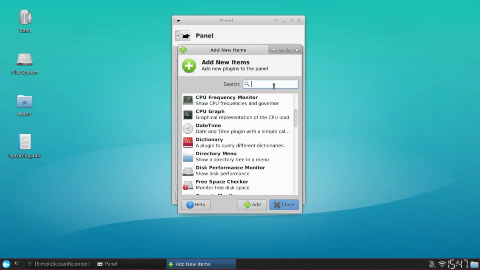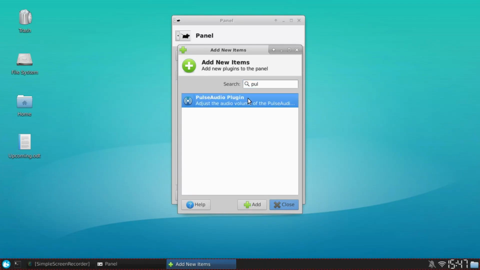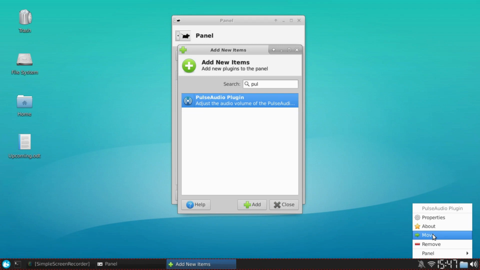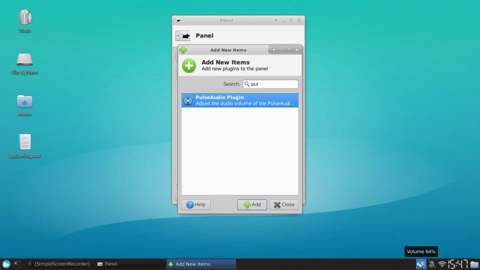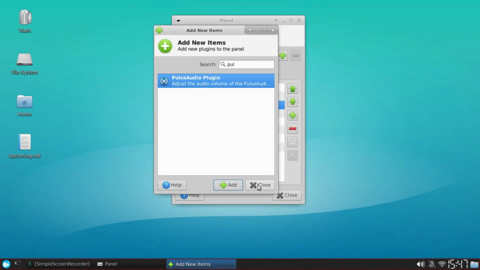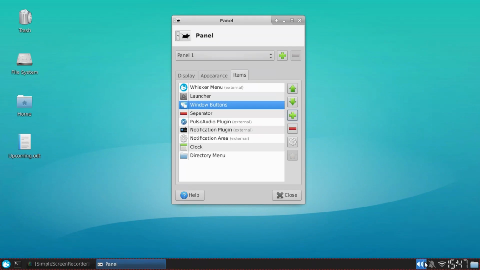The next thing we are going to do is our Pulse Audio plugin, which is going to allow you to change the audio volume. We're not going to show you how to change the audio volume in this video because I don't want to ruin the microphone quality, since I believe it's set on the correct setting right now. So what we have so far is our Pulse Audio plugin, notification area, and Wi-Fi, clock, and